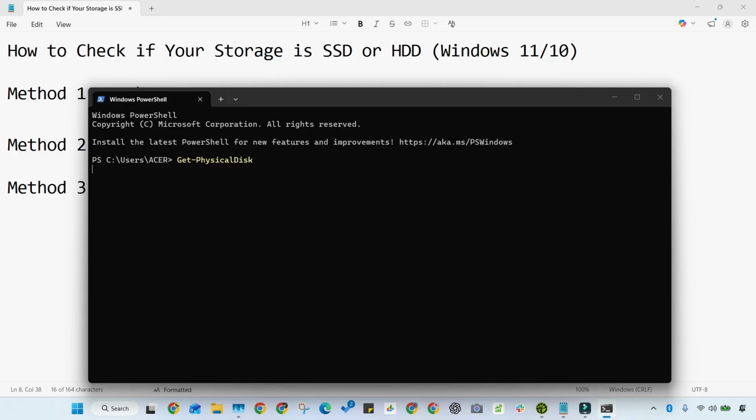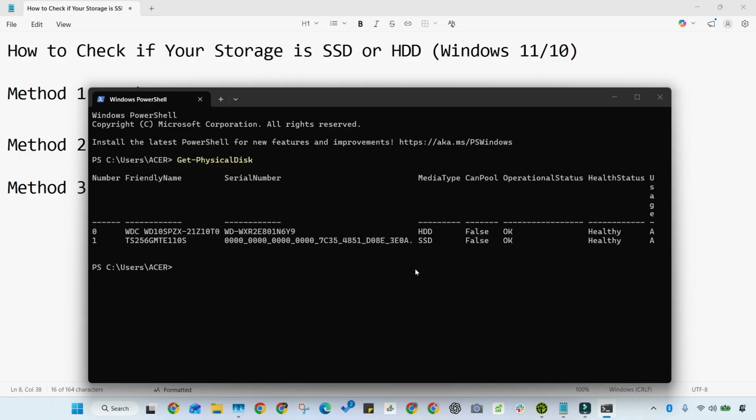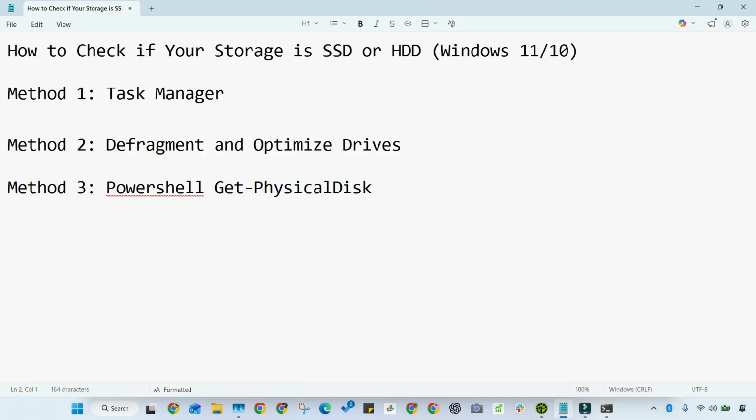Let's wait a little bit for it to work. You'll see the drives. We have two hard drives. One is SSD and one is HDD. It's showing the details here. So this is how to check if your storage is SSD or HDD using Windows 11